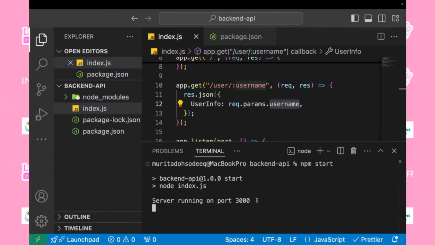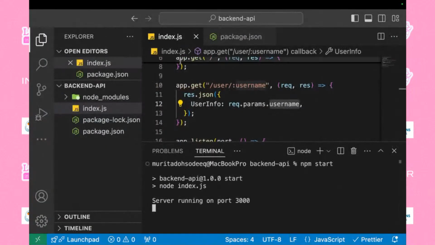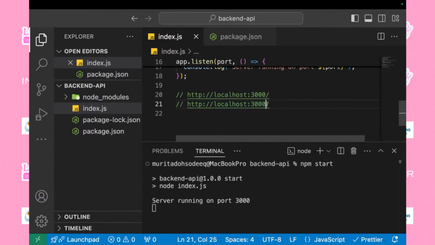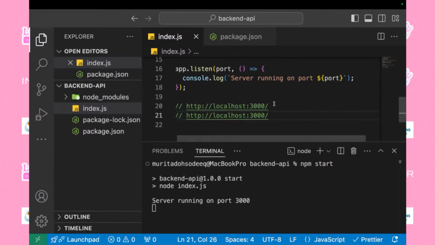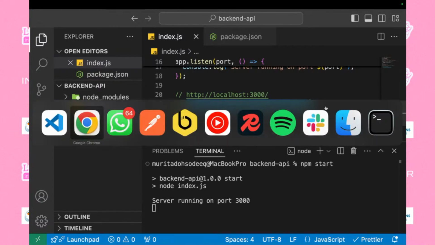If you stop the web server and start the server again, npm start. The moment you start this, you can go back to the web browser and input this. Let me show us again so we can understand what I'm saying. So localhost, this is the landing route, but now we've defined another route called slash user followed by any name you want to use to represent the username. My name is Sodiq. I can represent my username as Sodiq. So now if I type this on the web browser, I'm expecting that to return,